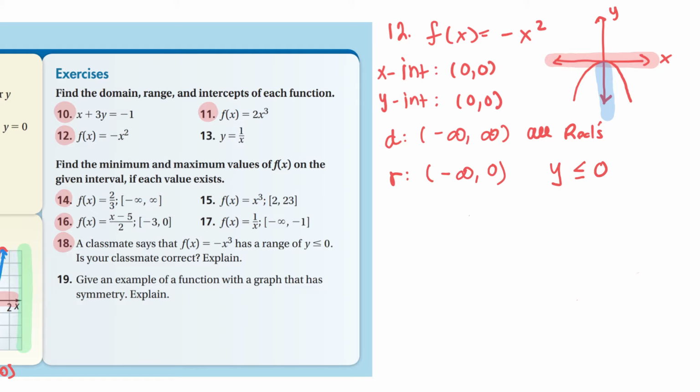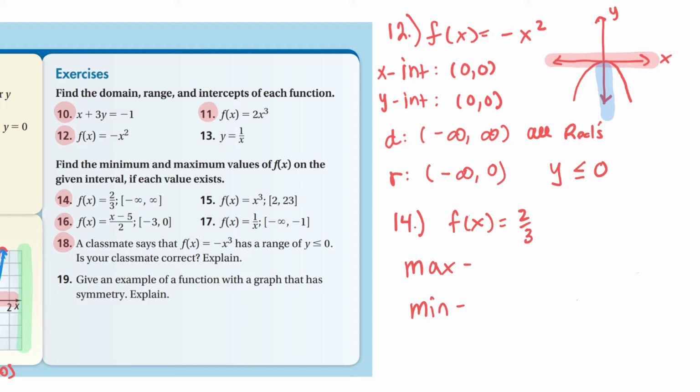For number 14, it says, find the minimum and maximum values of f of x on the given interval, if each value exists. So if we have f of x equals 2/3, and we ask what is the max value and what is the minimum value,